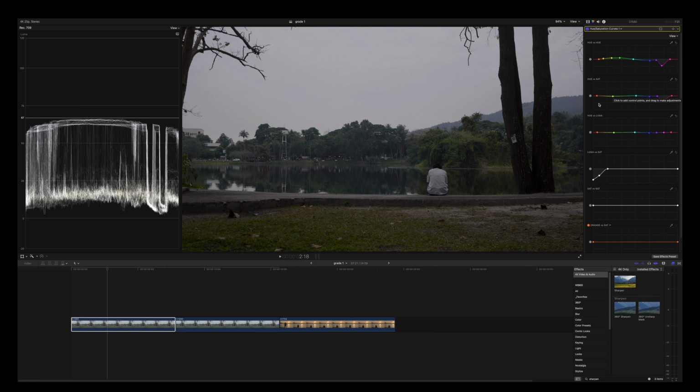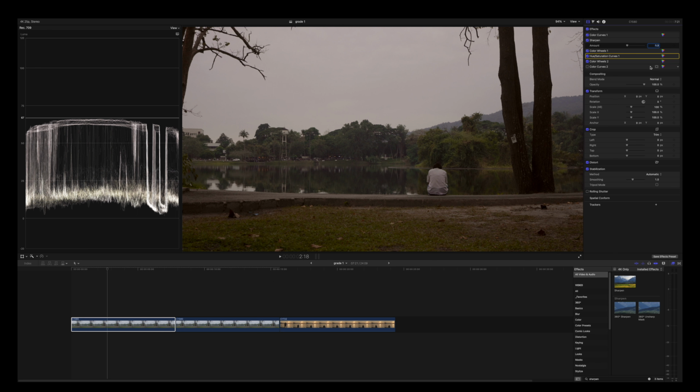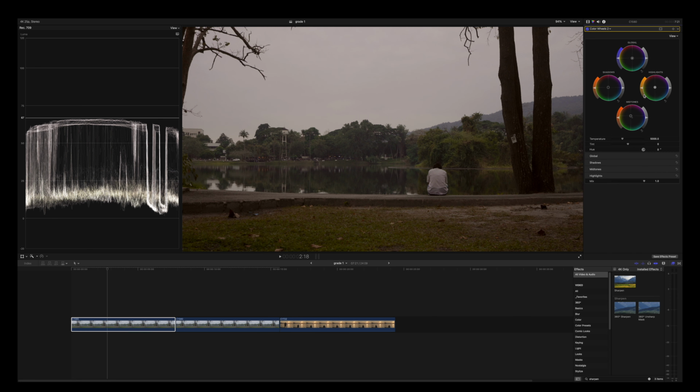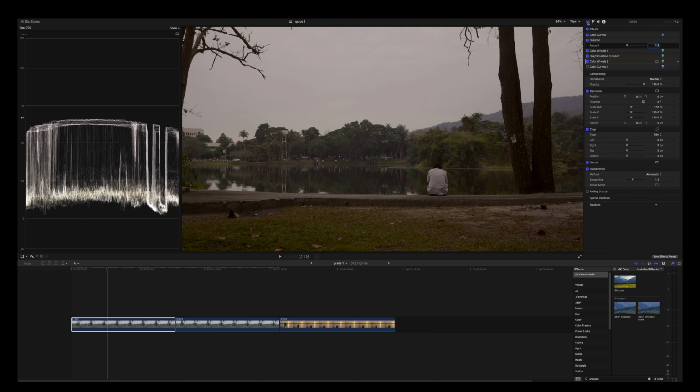Reduce the saturation in the greens, in the blues, and heavily in the magenta purple. And also I slightly decreased the luminance in the greens, blues, magentas, and purples. And I also decreased the saturation in the shadows just to make the shadows appear more black. Next, I pushed the shadows, mid-tones, and highlights towards warmer colors just to give this image a more of a vintagey, warm vibe. And finally, with color curves, I basically balanced the image to make it look a bit more